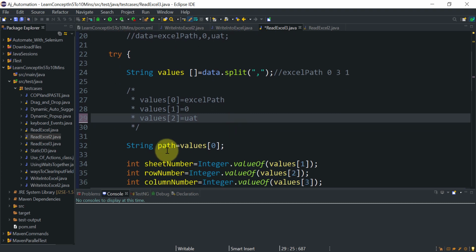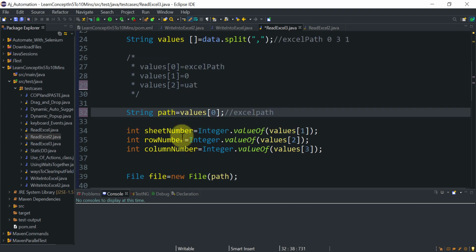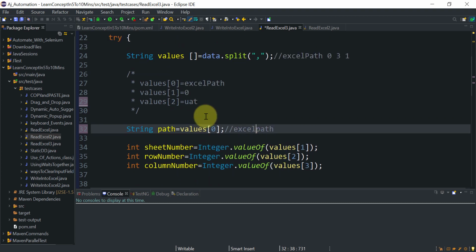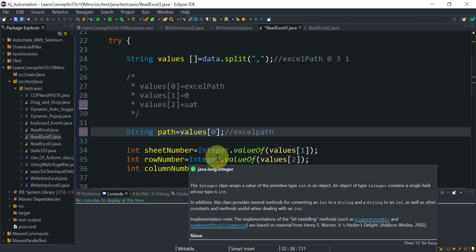Okay, so the path I am saving in the string path. This will be our Excel path. Then the sheet number. The sheet number is a string, right? So we require it in integer format. So we are converting the string value into an integer.